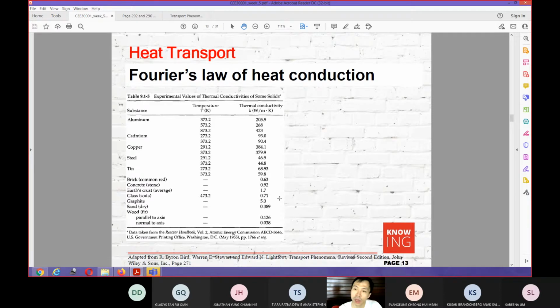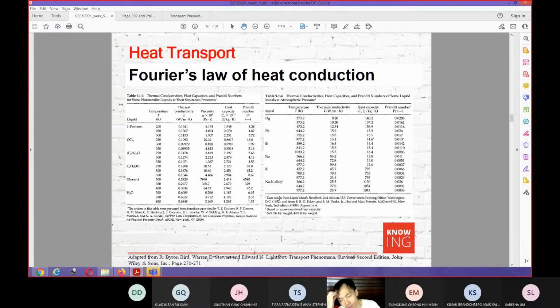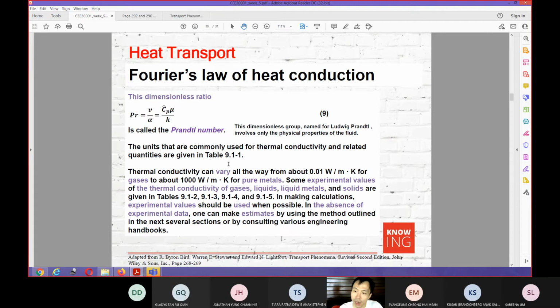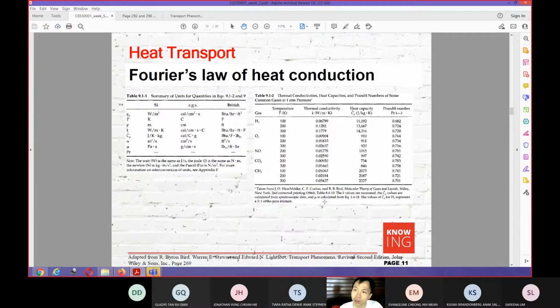Okay. So up to this point, you need to be able to have a feeling of the magnitude of the thermal conductivity of the liquid, the gas, and the solid. And then in a similar way, like what I told you, the Prandtl number is the relative ease of momentum and heat transport. So the momentum transport comes in the numerator, whereas the heat transport term comes in the denominator. So you can see that in here, the Prandtl number is less than 1, meaning that the heat transport will be more dominant in the gas, right?